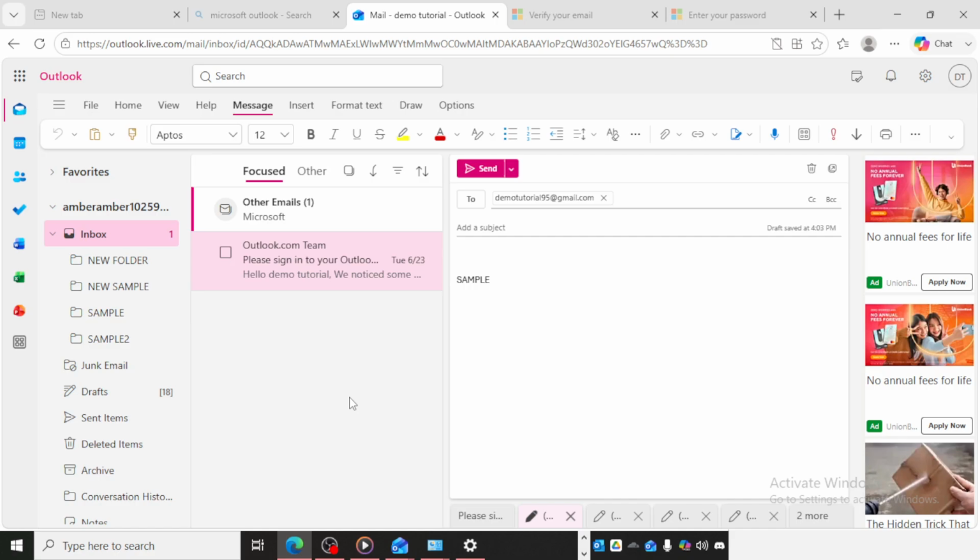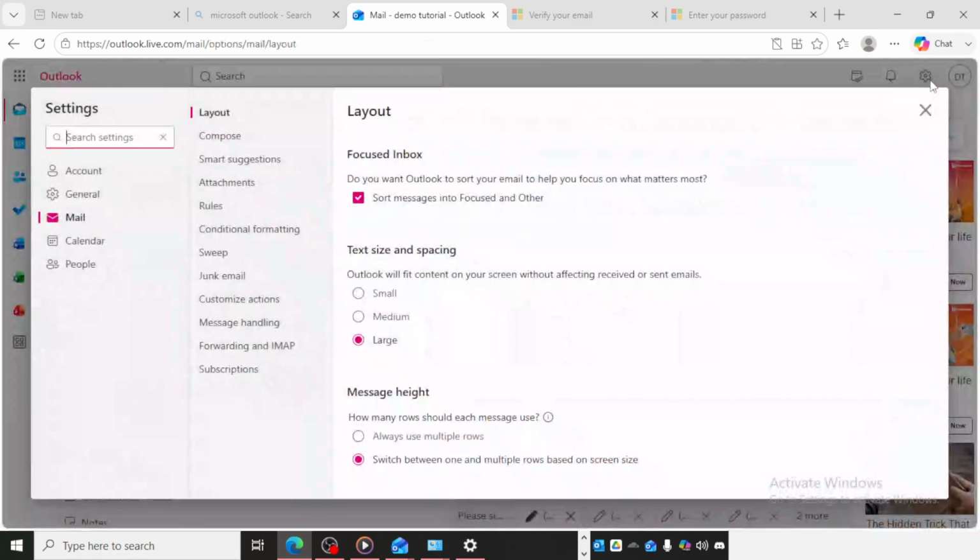To get started, open Outlook Online in your web browser and make sure you're signed into your account. Once you're on the main Outlook page, take a moment to let everything load fully so the settings menu appears properly. Next, look toward the upper right area of the screen and click the gear icon. This is the Settings button, and it's where you'll find most of the customization and account options for Outlook Online. After you click it, a Settings panel will open.